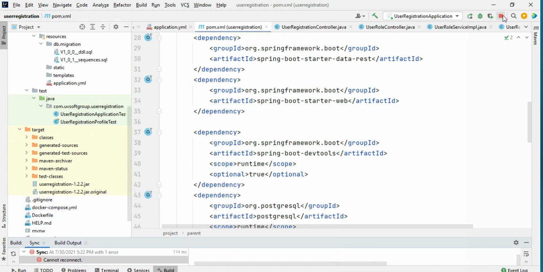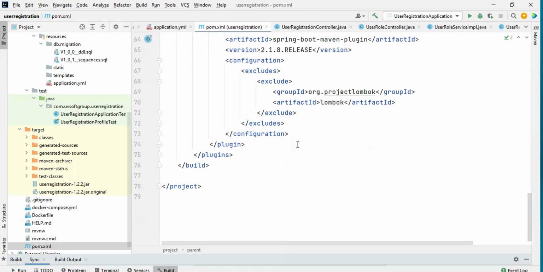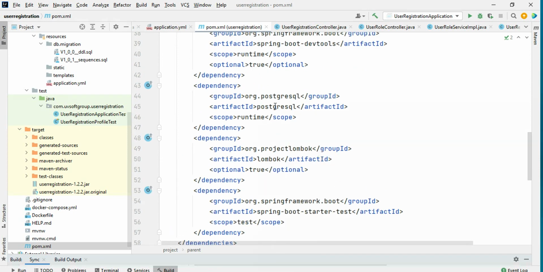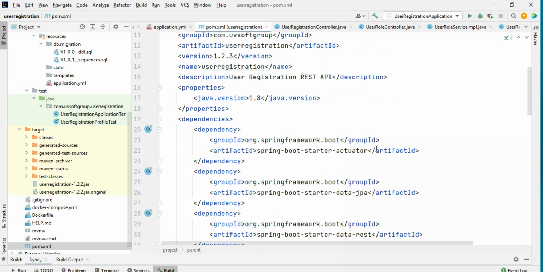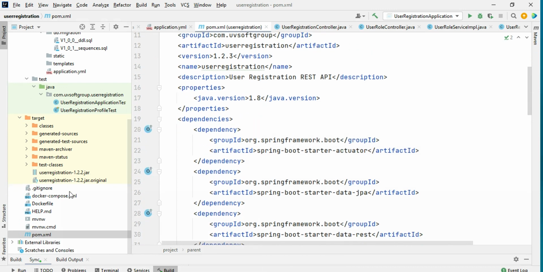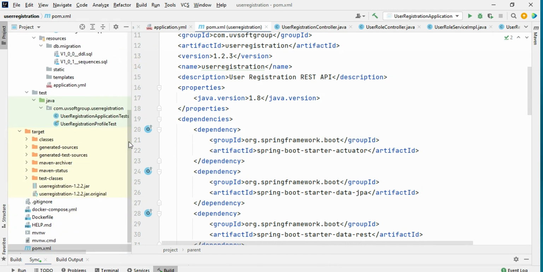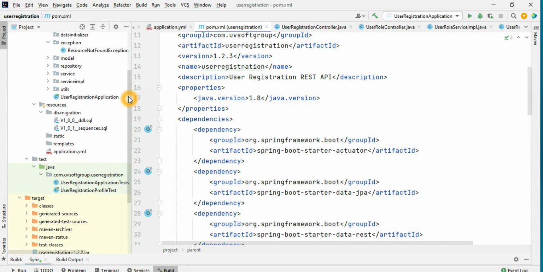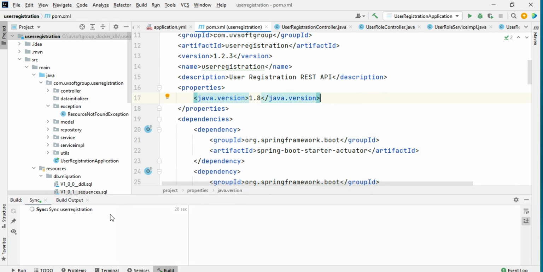Because the application is running, we can stop the application. That's the reason it's throwing the exception, but it doesn't matter. It has all the dependencies: a PostgreSQL API dependency, Lombok, JPA and REST, the actuator and DevTools, and so on. So we can simply create a new version of the application. As you see, you simply go there, or you can also create maybe the